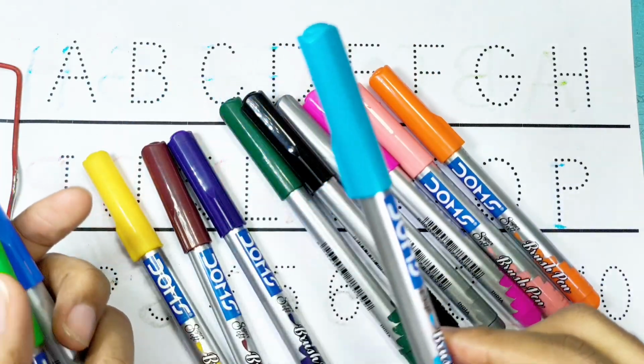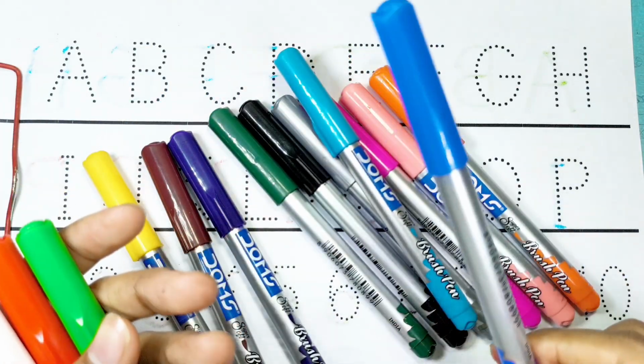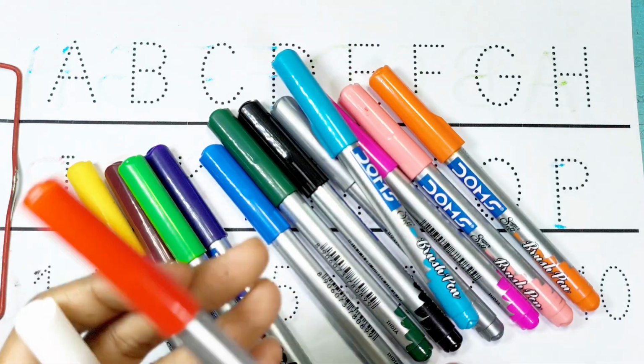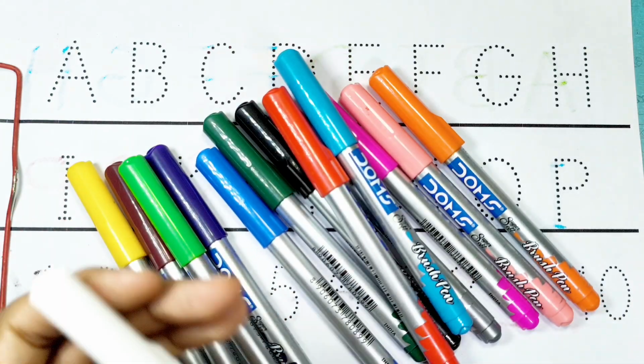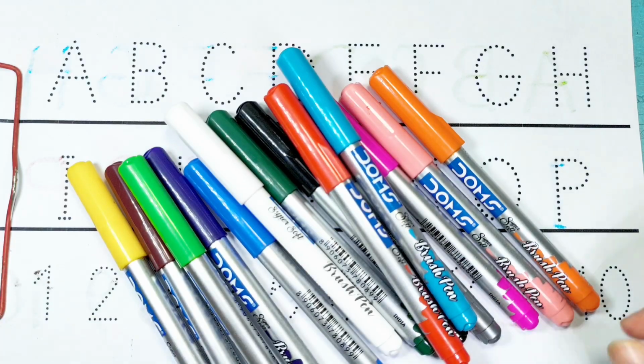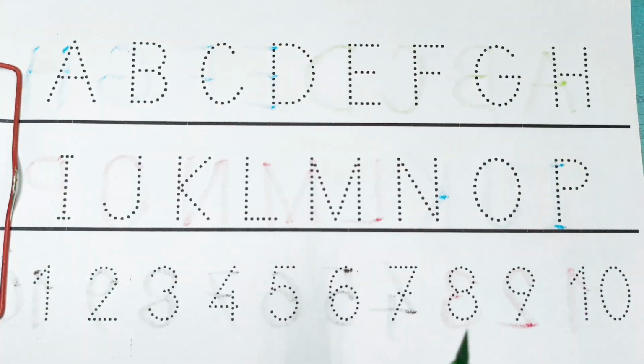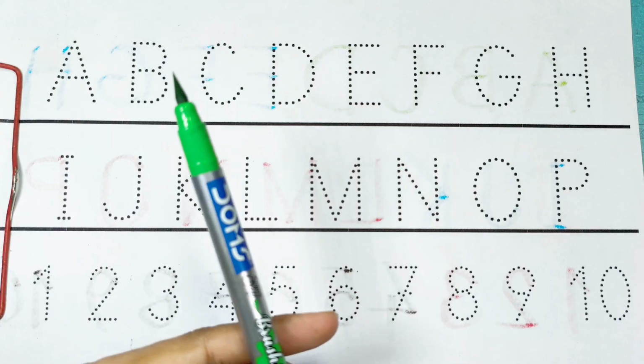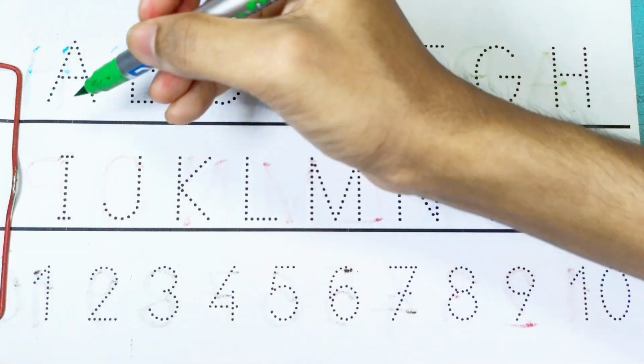Kids, the next one is sky blue color. Blue color. Light green color. Stay with us. Red color. And the last one is white color. Kids, first we draw the alphabet of A, and now we are using the color of light green,